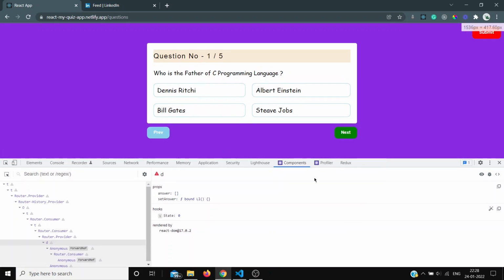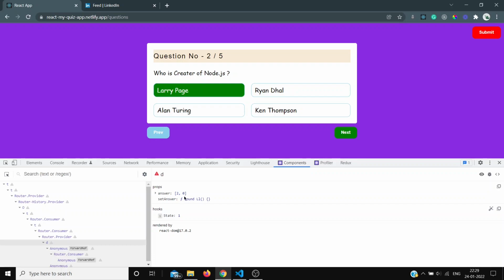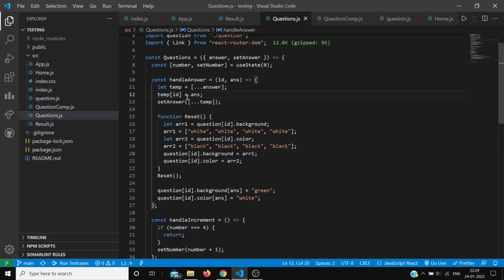now in the inspect, here I have an answer array. Whenever I click on, say, the first question, suppose the answer is option A. In the answer array, at one position the answer is stored at 0. If I click on any other option, you see the option is changed to 3. If I click on this button, you see the answer is changed. And now if I move to the second question and click on the second option, one more number is added, which is the index of the position. Like this one is 0 at 1, 2 and 3. So if I click on any option, this is going to change. So this is our answer array.